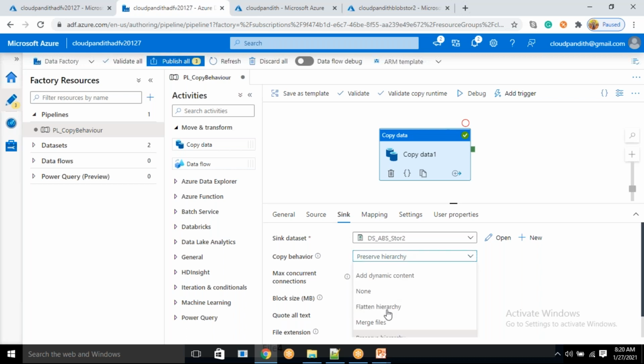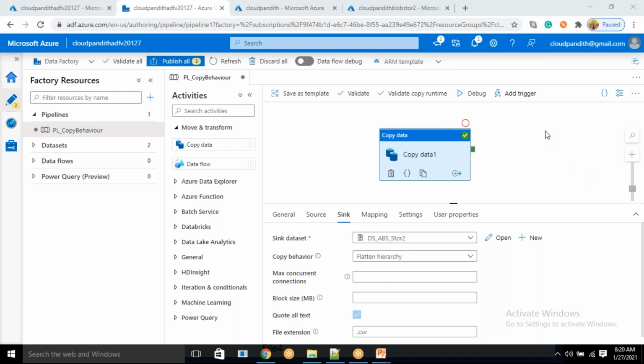Malaya, one question. If our source dataset is pointing to a container in the first case, and in the second case our source dataset is pointing to a folder, and we select recursive behavior: in the first case, when it is pointing to the container, it will search the whole container. In the second case, when it is pointing to a folder, does recursive mean it will again search from the container level, or will it do the recursion within that folder? Folder you have created, from that particular folder, all the subfolders it will search. Okay, not from the container. Not from the container. Okay.